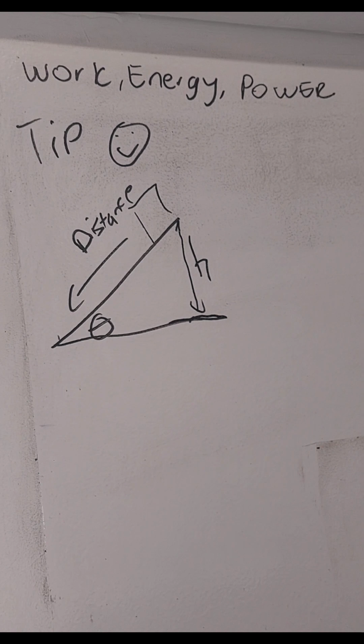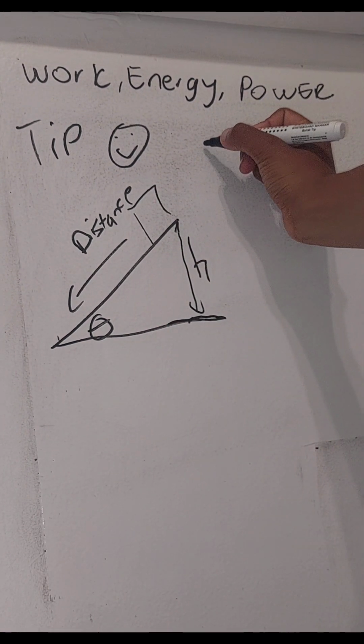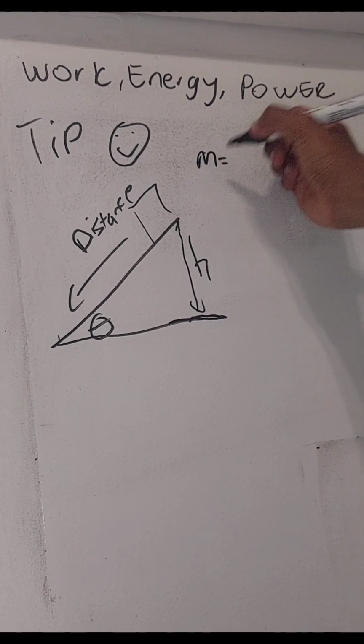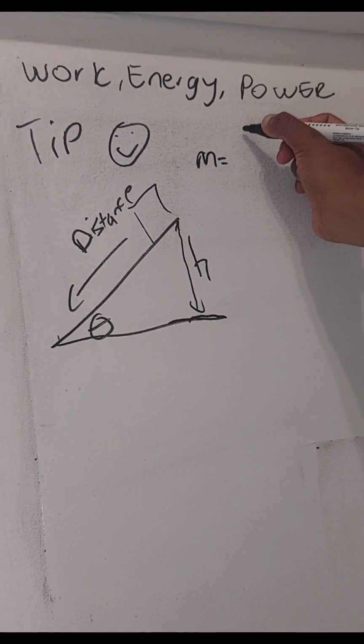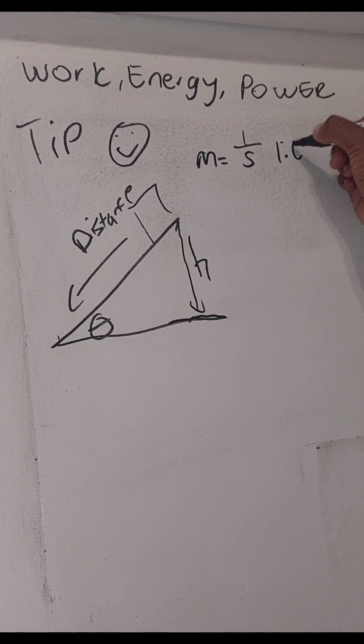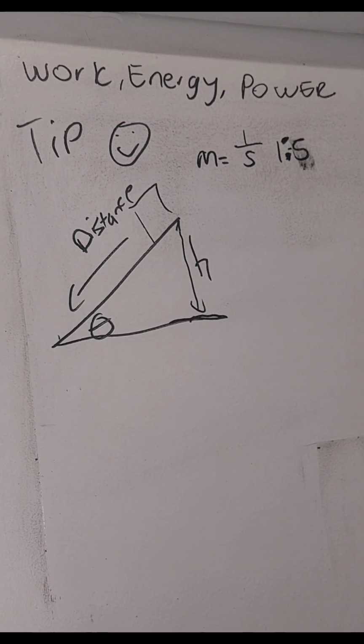And we're going to use what? Pythagoras. You're going to use the theorem of Pythagoras. And sometimes they're going to say this happens within the gradient. They're going to say m. Remember, in mathematics we call m the gradient. They're going to say it happens within the gradient of 1 to 5. Oh yeah, this box is moving downwards from the gradient of 1 to 5.